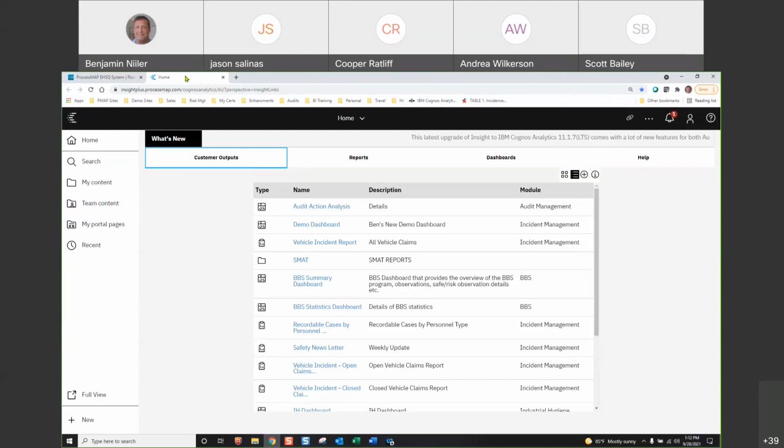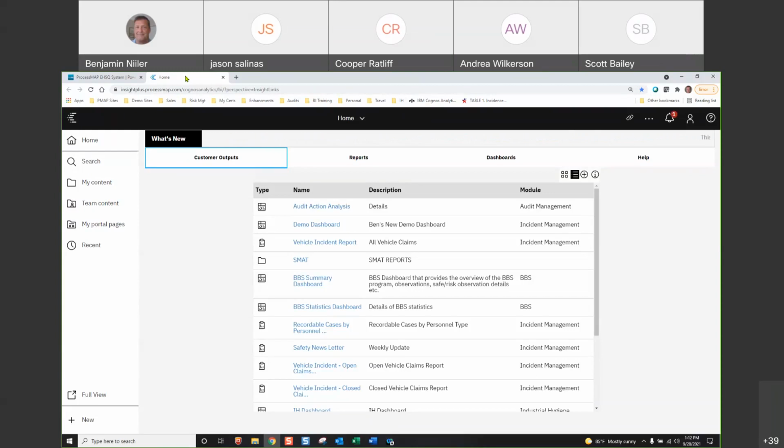Okay, so everybody who has been given a user role or a user ID and been set up in Process Map has access or can have access to Insight to look at reports